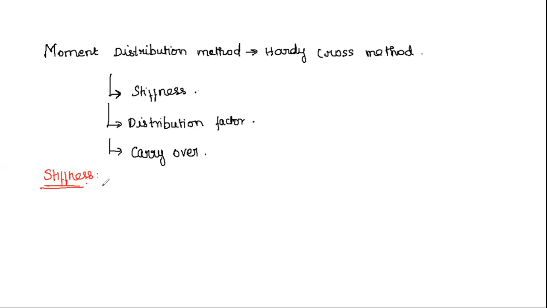Stiffness is the force or moment required to be applied at a joint so as to produce unit deflection or rotation at that joint. So consider a beam, let it be a cantilever beam, with unit deflection. The moment required to obtain unit rotation, or the force required to obtain unit deflection. When there is a term deflection, then force is to be applied. To produce rotation theta, moment is to be applied.